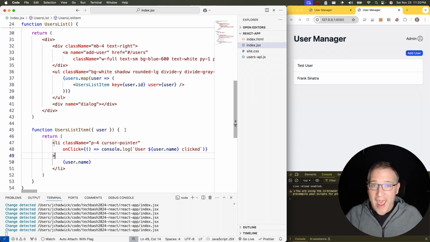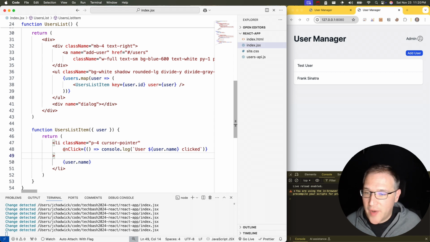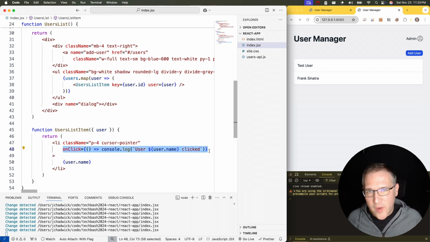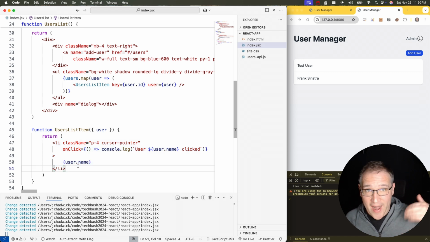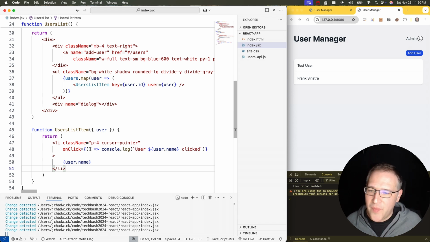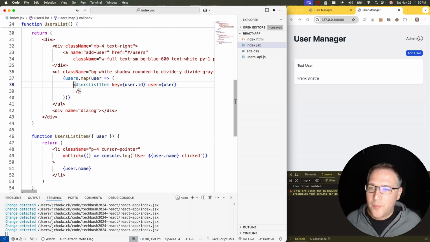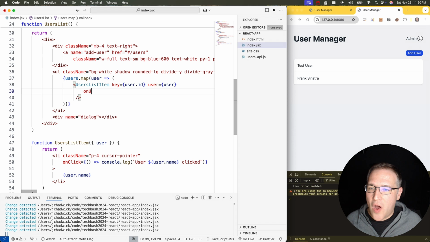Now, just as you can pass properties or values into the component, you can trigger events back up and interact with its parents. So this is actually a great example right here. Often when you create a component like this and you have something like, say, a click handler here, you don't actually want to handle it in the component itself. You want to raise up this event to the parents and have somebody else handle it for you. So I'm going to do something else when a click event happens. And so in order to do that, I am going to simply define another prop up here called on user